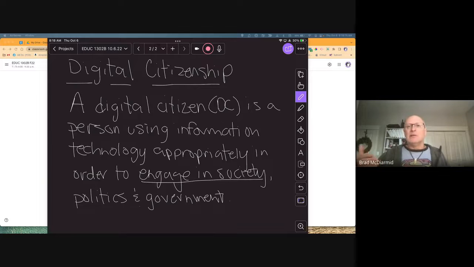We seem to think that this screen somehow makes us invincible and we can just say or do anything that we want, and we know that's not true, because we've all read stories in the news of somebody that's engaged using information technology inappropriately and ended up getting charged by the police or arrested or something like that, right? So again, just like we teach kids to be good citizens in the classroom, we need to teach them how to be good citizens online when they're doing their thing, whatever it is.